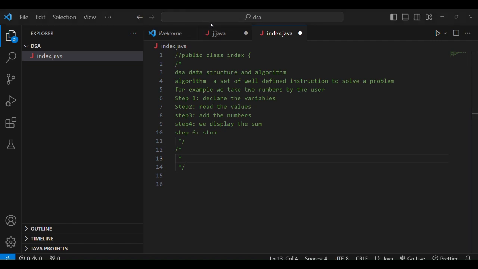So what is a data structure? A data structure is a storage that is used to store and organize data. It is a simple way of arranging and organizing data using the algorithm.